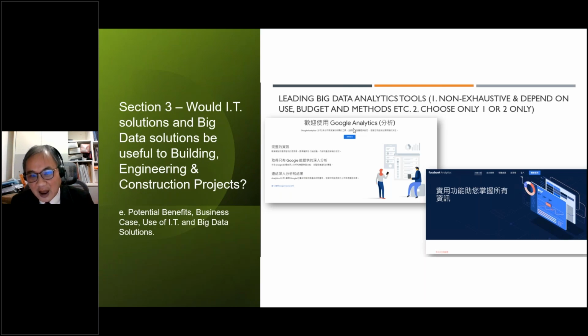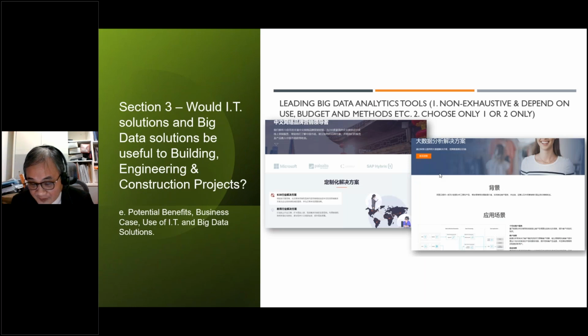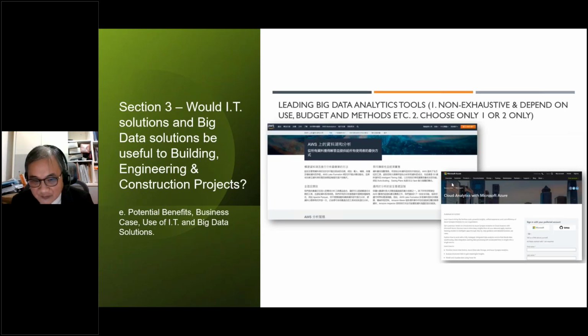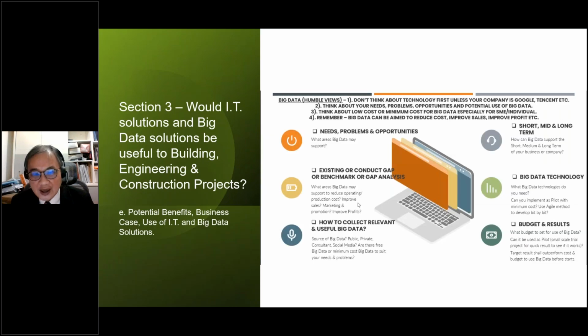Normally I would use Google or Facebook, but you can go to AWS, Microsoft, to Alibaba, etc. There are many types of options you can choose.